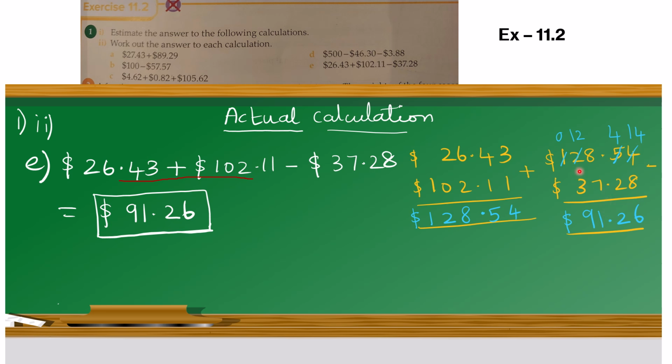Now here we have 2. From 2 we can't subtract 3. So we have to borrow from 1. So this 1 will become 0. This 2 will become 12. So 12 minus 3, it's 9. So the final answer is